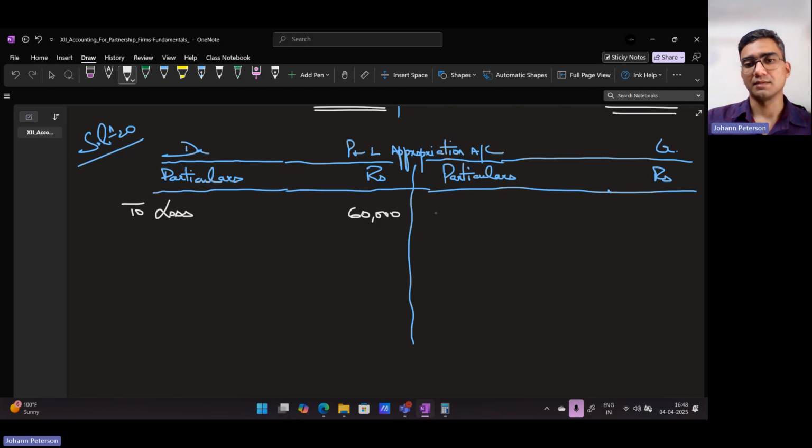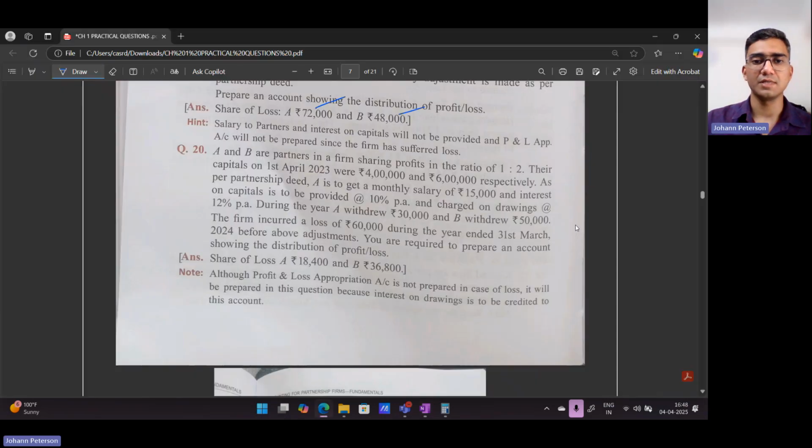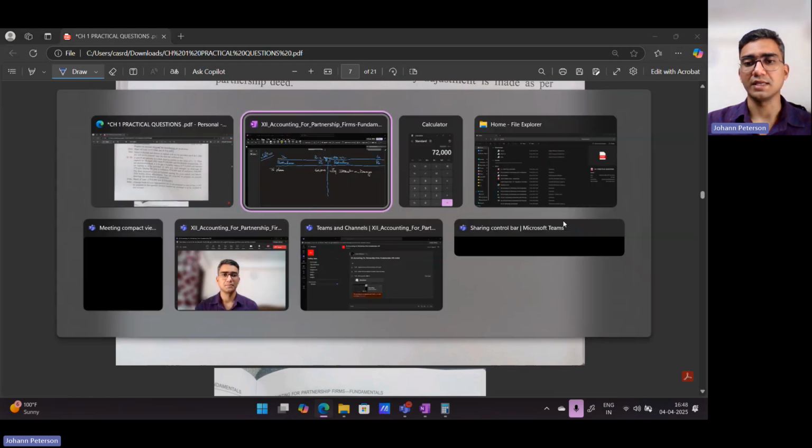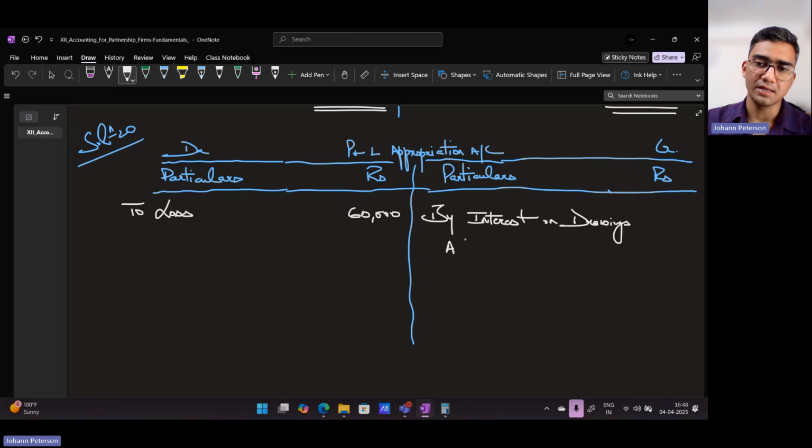On the credit side, I am getting interest on drawings. So I'm going to write interest on drawings. Who is giving me? Both of them are giving, I suppose. During the year, A withdrew 30, B withdrew 50. 10% was interest on capital, 12% was on drawings. So on 30 and on 50, A and B. So for A, on 30,000, 12%